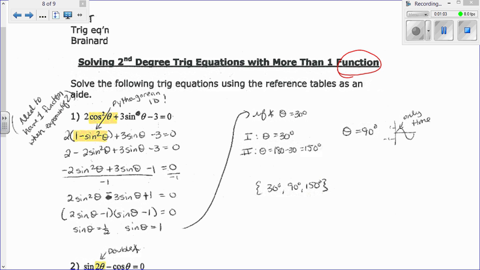So the first one is 2 cosine squared theta plus 3 sine theta minus 3. Make sure yours doesn't say sine squared because I think it's still a typo on your paper. It's not sine squared, it should be sine. And when we solve